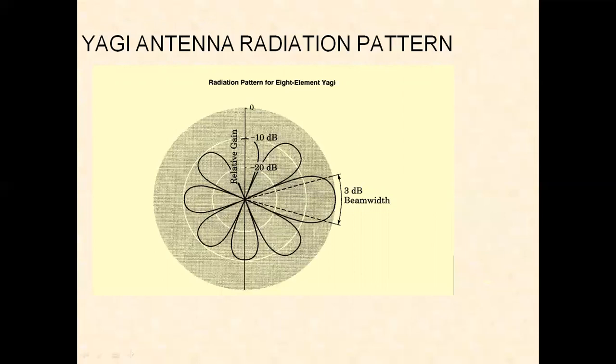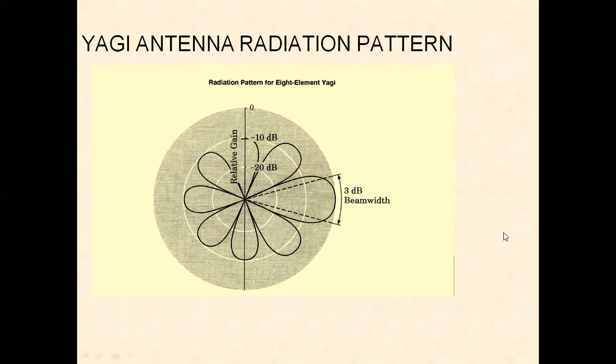And this is the radiation pattern of the Yagi-Uda antenna. It is a directional antenna. So in this particular direction, we have maximum radiation. These are the minimum radiations. Because the reflector is not completely perfect, there will be reflections in the unwanted directions, but the maximum gain is in the favored direction.